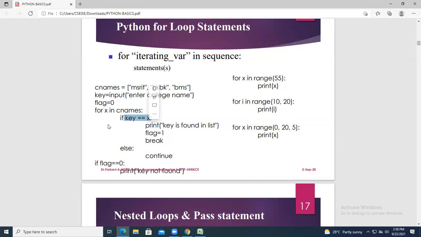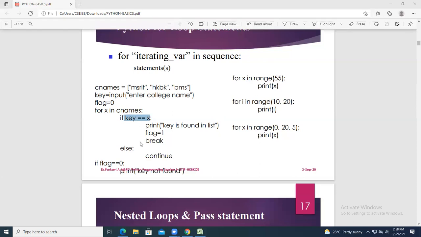So what type of search is this? Can you name it? There are two searches, linear search and binary search. Under that, which is this search? Linear search.